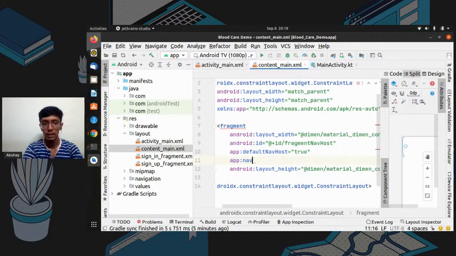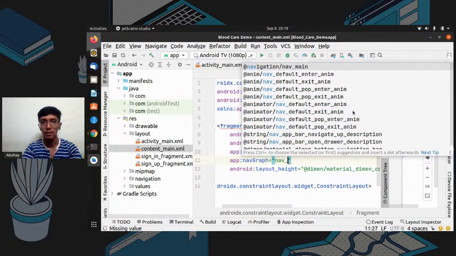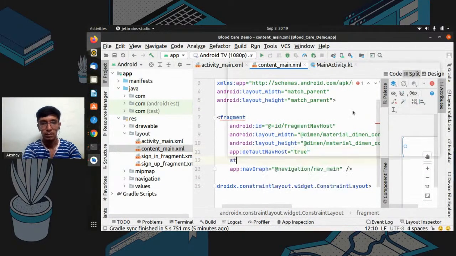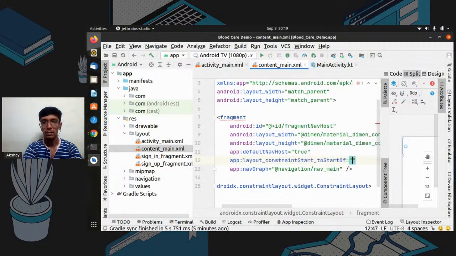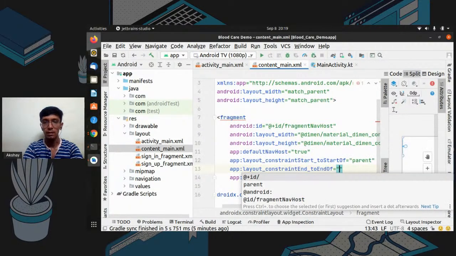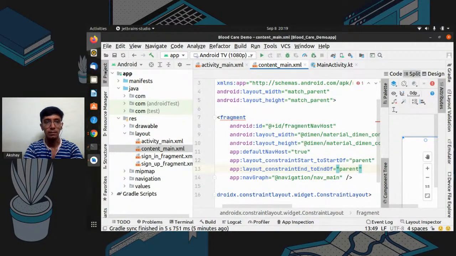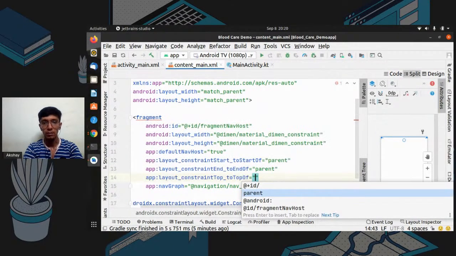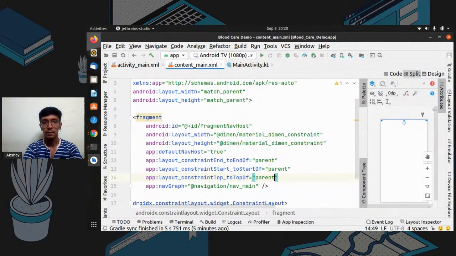And we will connect our nav graph to this fragment container using the navmin file. I just connect this to each corner like parent, then end to end, then top to the parent,